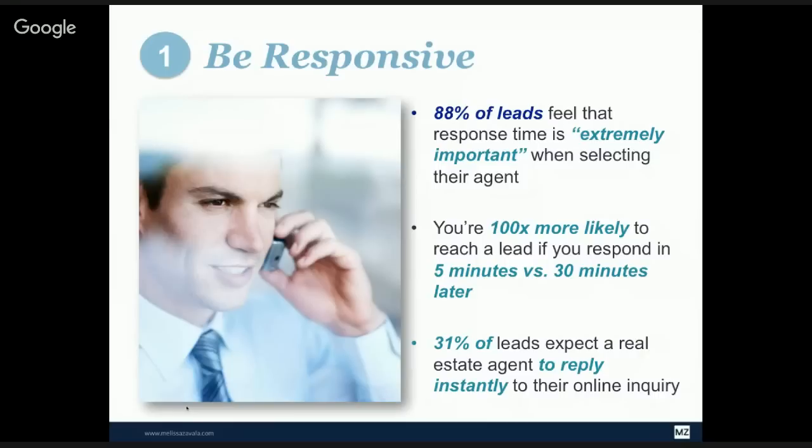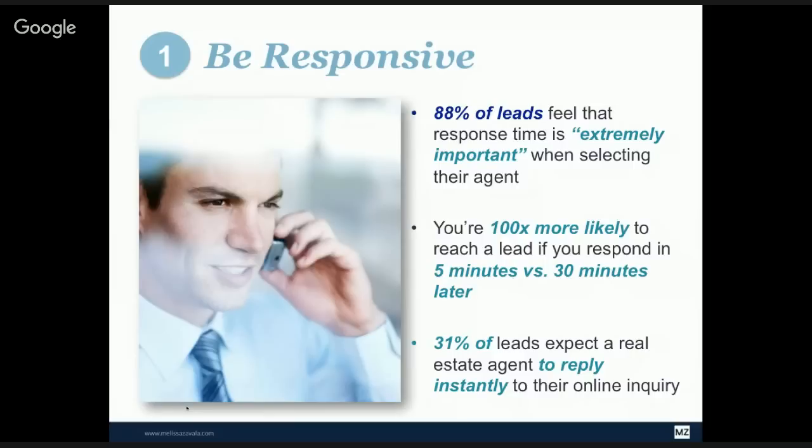I mean, in the 80s when we were selling real estate, if anyone on the call was selling real estate in the 80s, people would call the office. No, people didn't even have a cell phone. So people would call your office. The receptionist would write a phone message for you. You'd come in the next day. You'd pick up your message, or the receptionist would call you at your house. So there was no need to feel that immediacy was as important.